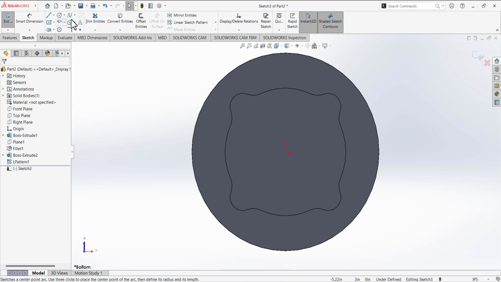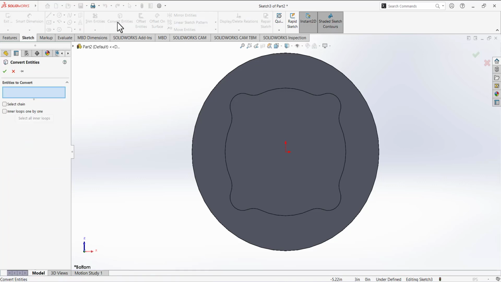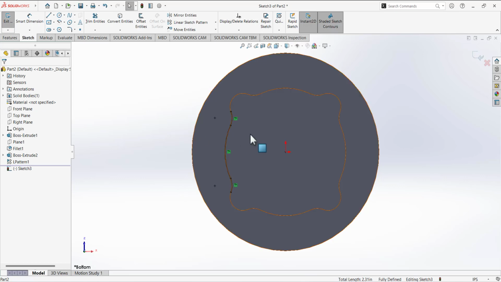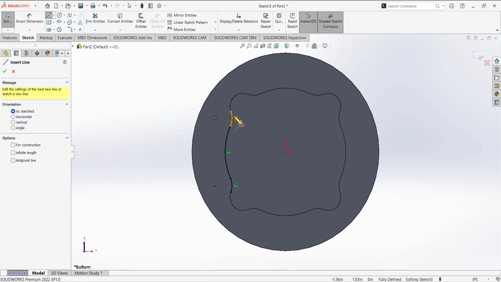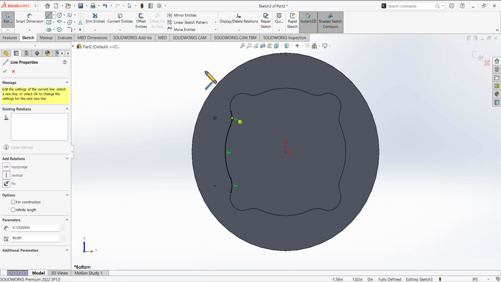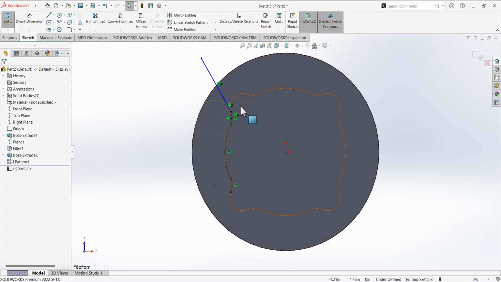Okay. Next, we are going to use the convert entities tool to convert some edges into the sketch. So click convert entities and select this edge, and this edge, and press OK to make them convert into entities. Next, we are going to draw a line. So this line is coincident with this arc. Draw a line like that and